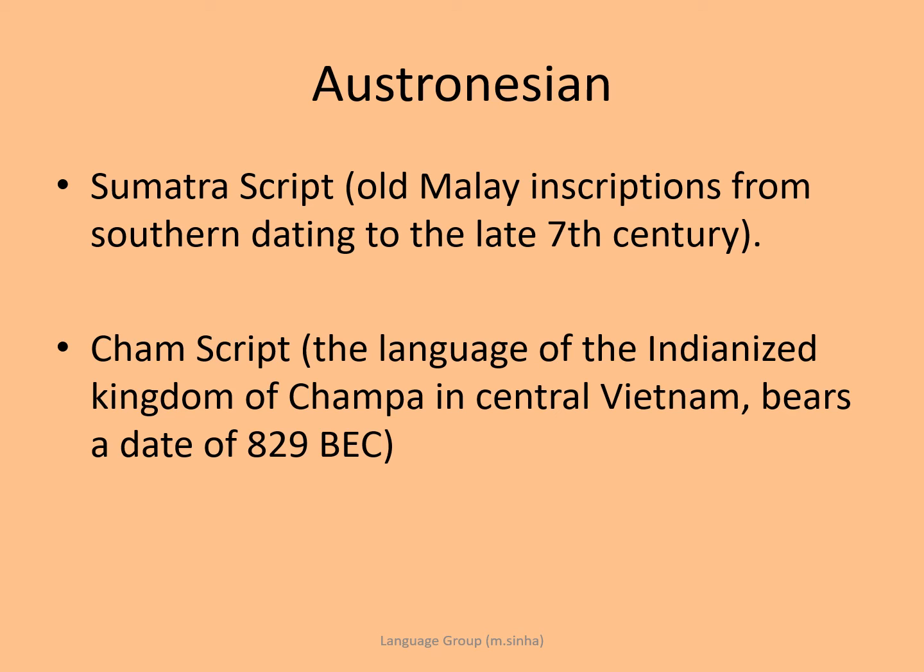Before Christ, most probably 8 BC, there was a dynasty in central Vietnam. The name of the dynasty was the Champa dynasty. That dynasty was known as the Indo-China dynasty. The Indo-China dynasty of the Champa region was influenced by Indian culture, Indian script, that was the Brahmi script and Sanskrit language. That's why lots of impact is still observed in the Sumatran and Javanese languages in spite of being a part